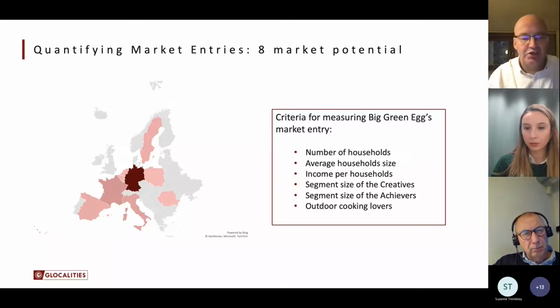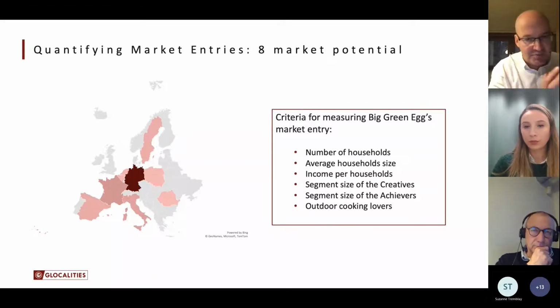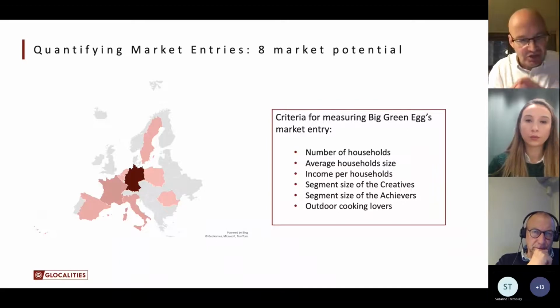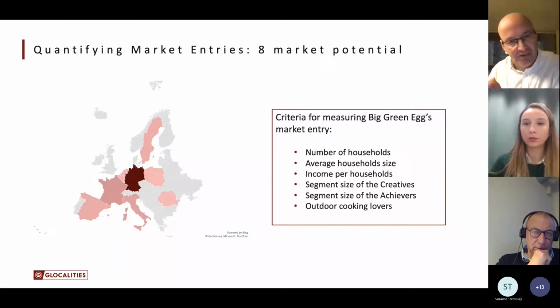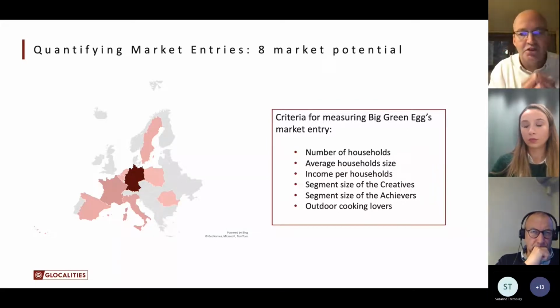And based on that, we made a simple calculation of which market is worth entering, given the size of the prize. Now, mind you, there are many other arguments to look at: the competition, the size of the sales force you have, the relations that you have. So there are many other aspects that govern your market entry and entry into a new culture and market. But the size of the prize is one that we can calculate in this manner.